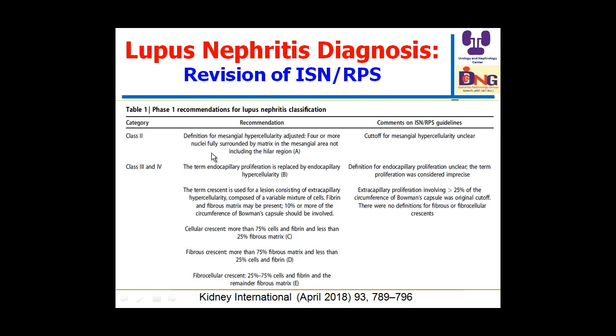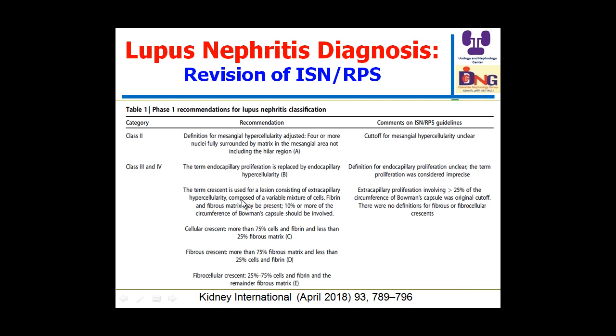So in class 2, the adjusted definition for mesangial hypercellularity is 4 or more nuclei fully surrounded by matrix in the mesangial area, not including the hilar region. In class 3 and 4, as I mentioned, endocapillary proliferation is replaced by endocapillary hypercellularity, because this may be a reflection of infiltration. The term crescent is used for a lesion